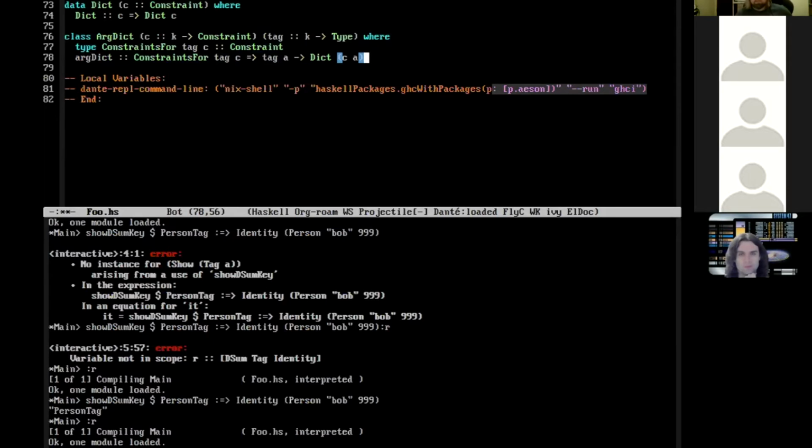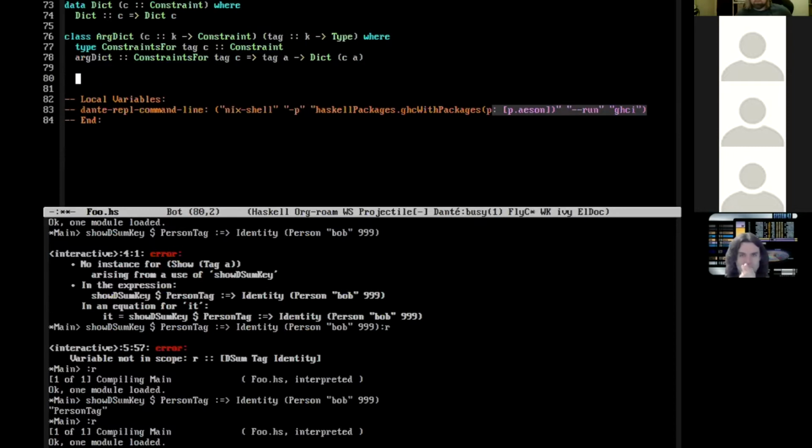So this will, I think, become a bit more clear when I put out the instance for the tag type we're actually using.